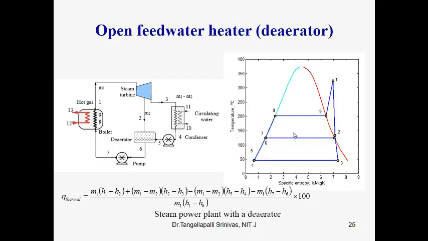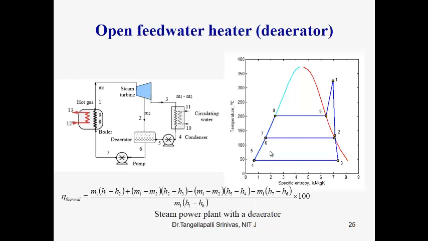In the TS diagram it is shown here, 1 to 2 is the expansion of steam. Some portion of steam is bled, this bled steam is dedicated to the feed water heater, and the remaining portion is expanded here. For example, 1 kg of steam is considered in the boiler and m kg is taken out. 1 minus m kg is going to the subsequent process of expansion as well as condensation. There is a mixing process, that is 2 and 5 is equal to 6. That is m2 plus m5 is equal to m6. This is the mixing process also shown in the TS diagram.